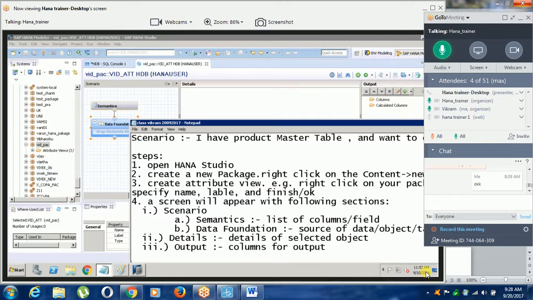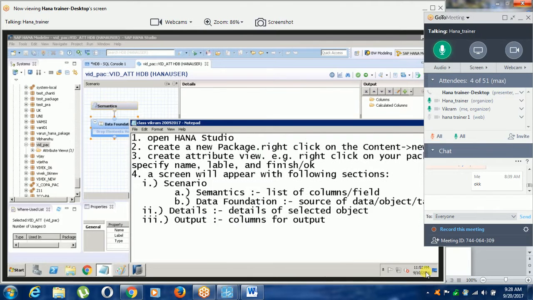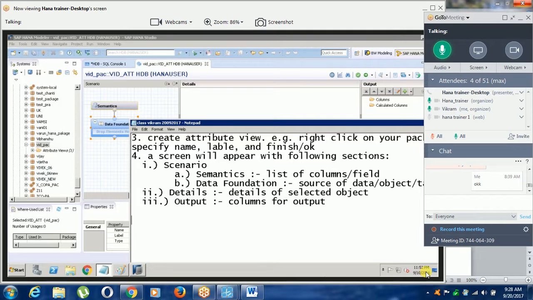Now you should do one thing. Place means add or drag and drop your table into the data foundation.